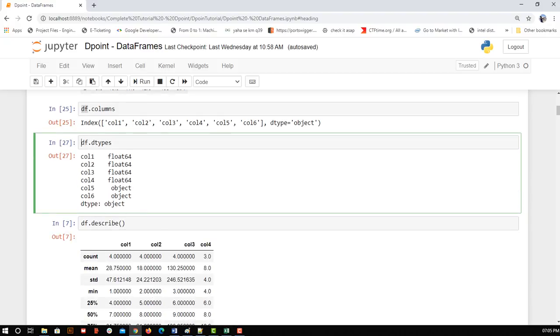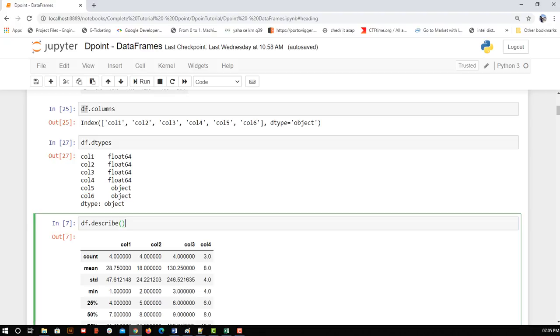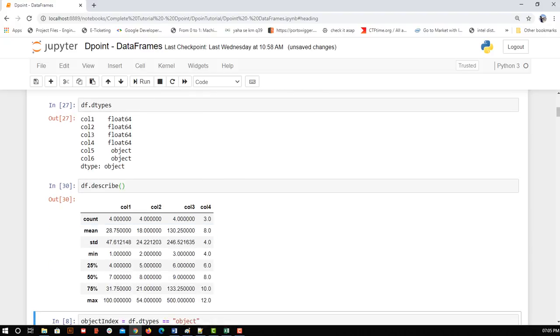Now, as you have seen, we have different data types, that is floats and objects. We will try to get the summary of the data. We don't know anything about the data, it is completely new, so we try to get the summary. I'll do shift enter. If you can see, I have 4 columns. We are getting 4 columns only.